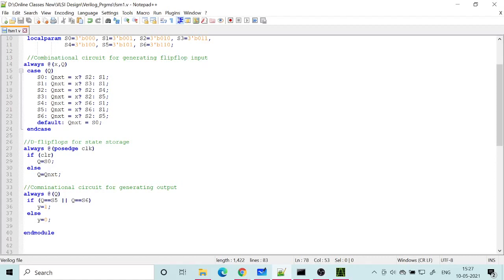D flip-flops or registers are of two types, either with synchronous reset or asynchronous reset. If you browse for programs, you will get either of these. But if it is particularly asked in your question that you should make use of a flip-flop or storage element with a synchronous reset, you should only have the positive edge of the clock, or the negative edge of the clock if it is active low triggered.